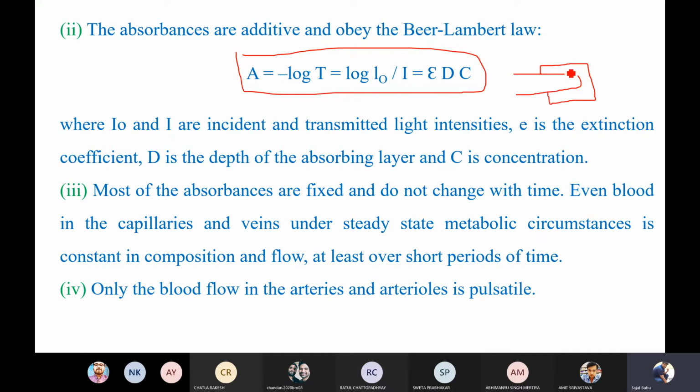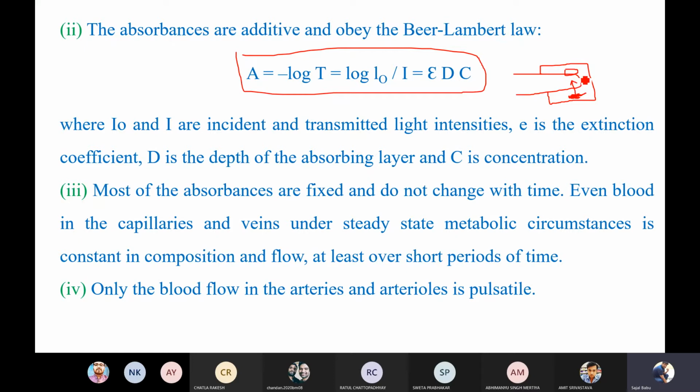Okay, let us consider that my light sources are here. I have connected my light sources here, so these light sources are going to transmit the light like this. Okay, and my detector will be here, and this is going to receive the transmitted light. That means the incident light will be here, and then here it will detect the transmitted light. Okay, so what happens whenever the light passes through? As you know, your blood is going to circulate, right? Remember one thing, the blood will not be steady.